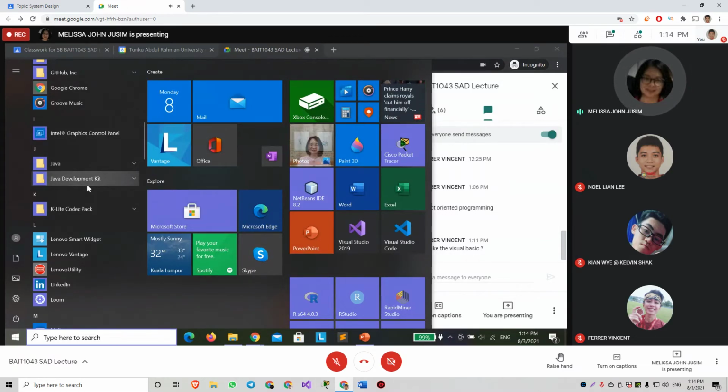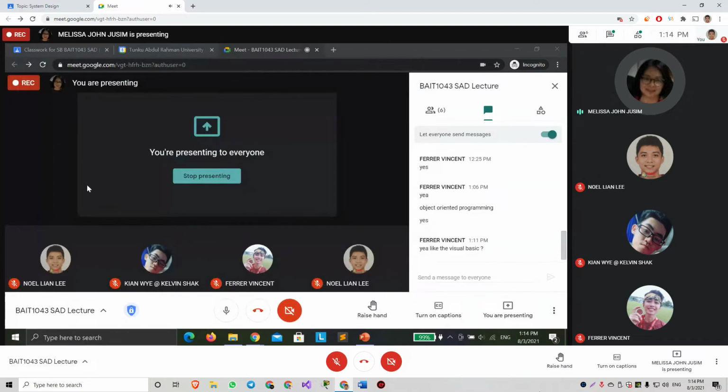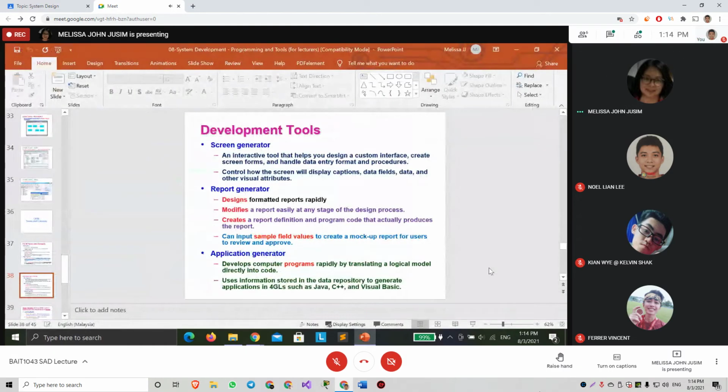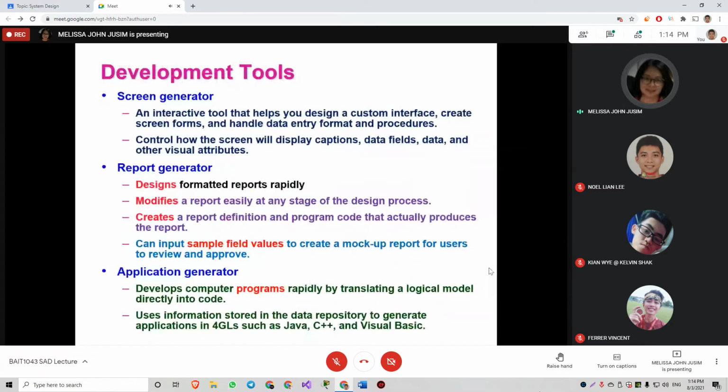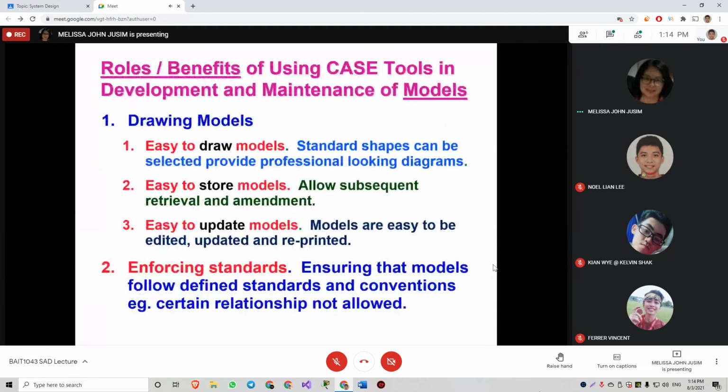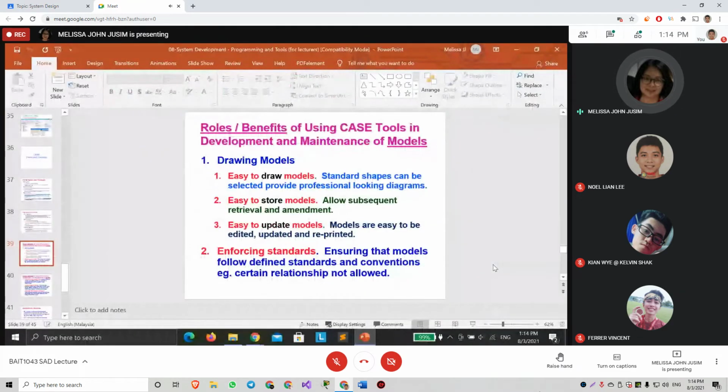JCreator is something like a more advanced notepad. You know our notepad, yeah. So imagine the students' frustration typing all the code, but once they are introduced to NetBeans, it's like, we had to memorize all this code last semester. Okay. So the keyword of the day: productivity of programmers.